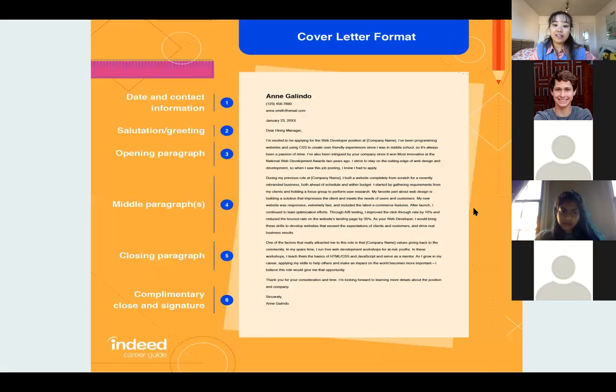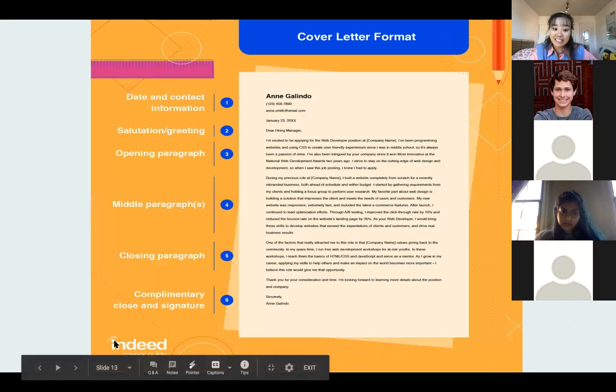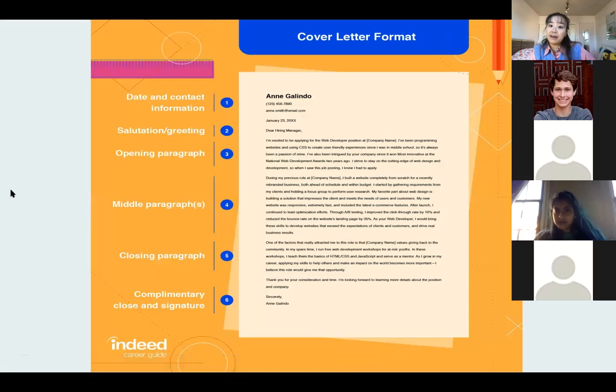Cool. So this is a little infographic from Indeed on how to format your cover letter. Not all programs will require a cover letter, but the bigger ones, like the NSF SURF program, are pretty big on personal statements, cover letters, CVs and resumes. So they want all of that.